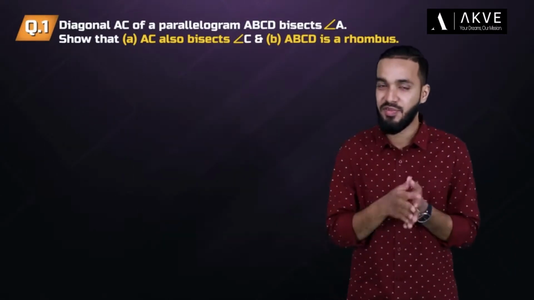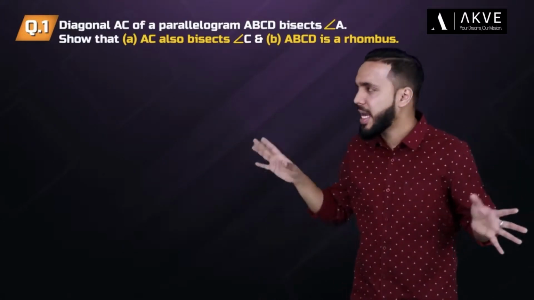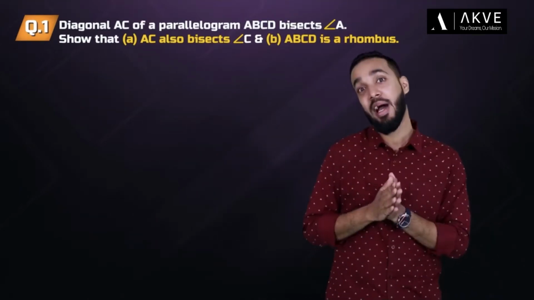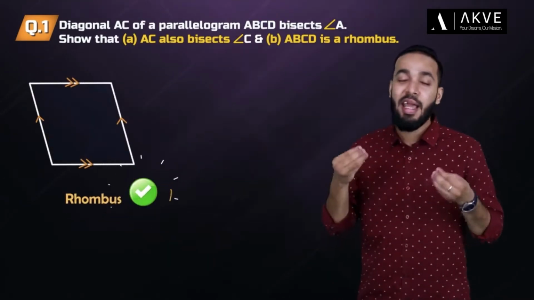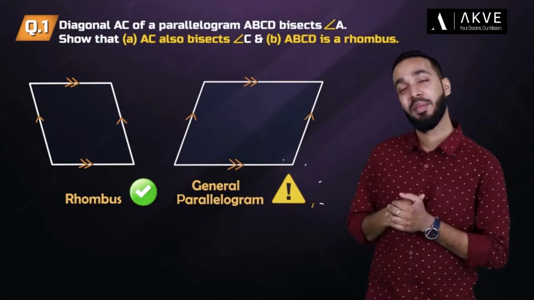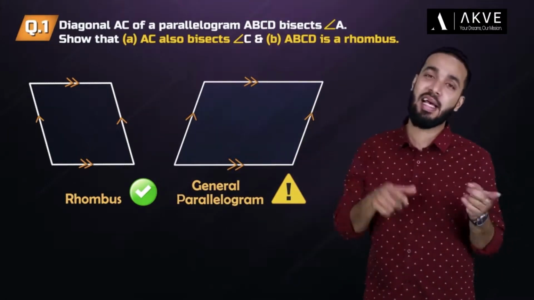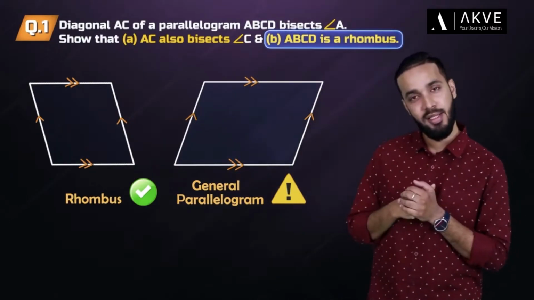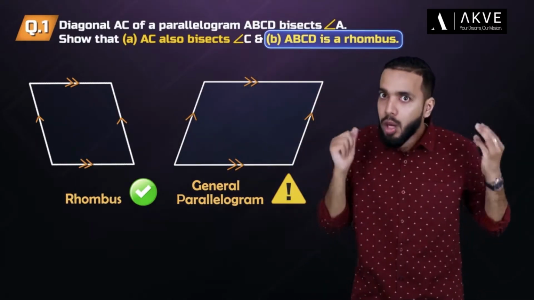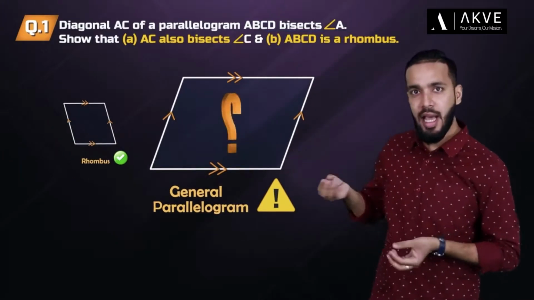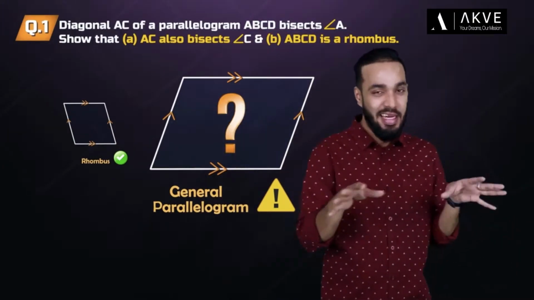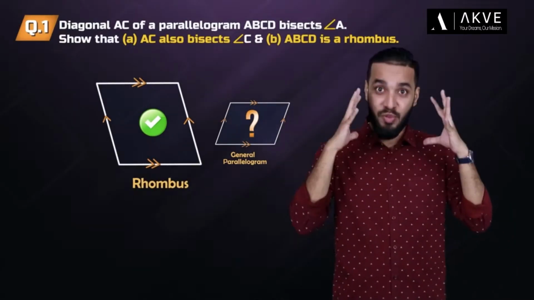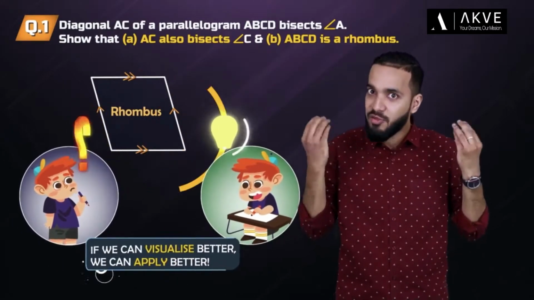Now, the question seems fairly simple, but let's try to understand the requirements better using a diagram. This is where you have to be smart and draw a rhombus instead of a general parallelogram, because the question itself asks us to show that ABCD is a rhombus. Now, you may be wondering what would happen if we draw ABCD as a general parallelogram. Nothing really, just that drawing it as a rhombus will help us visualize better, and if we can visualize better,